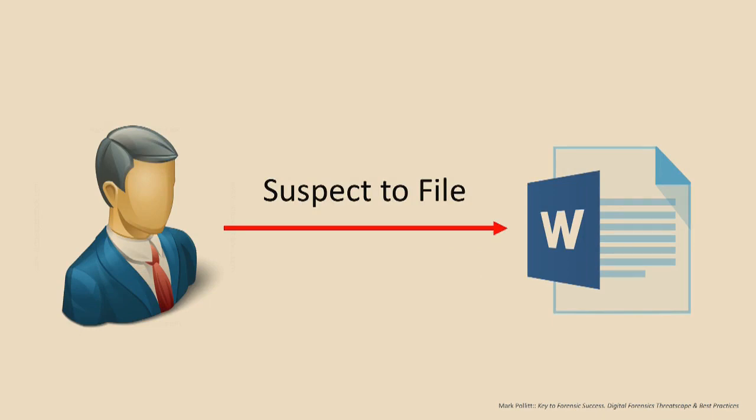Can we do that? Sometimes yes, but here's one thing a lot of folks don't think about: computers do a great job of collecting information, but a lot of times the closest we can get through the computer is to a user account, not an actual person. So it's going to get you almost to the 5-yard line, but to say it's an actual person, a lot of that is going to be circumstantial evidence, absent anything like video or an eyewitness. You've got to use some old-fashioned gumshoe approach. So we can definitely tie a person to a file, or an account to a file, I should say.